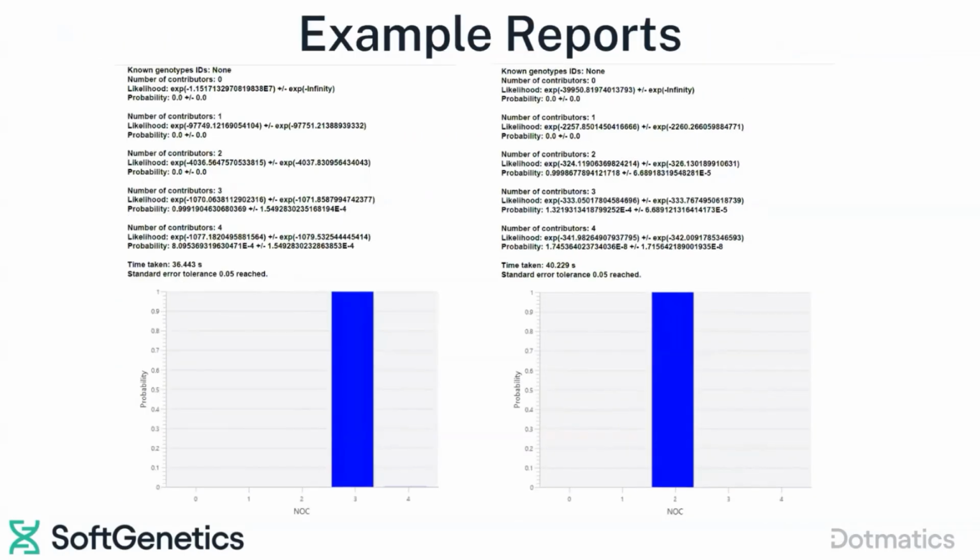Here are the 2 reports for the other 2 samples that we analyzed. The 3 contributor mixture took about 36 seconds, and the 2 contributor mixture took about 40. These run times are a huge improvement over how long it would take an analyst to manually go through a